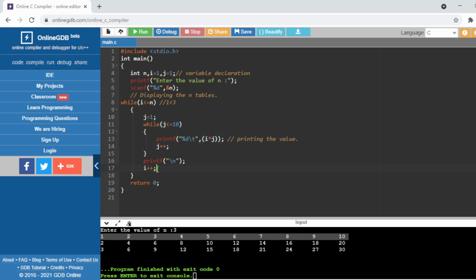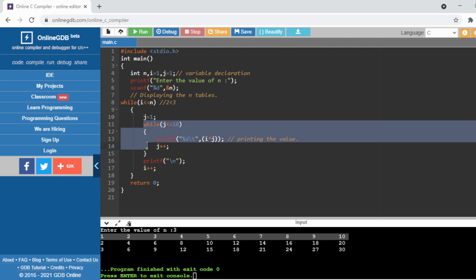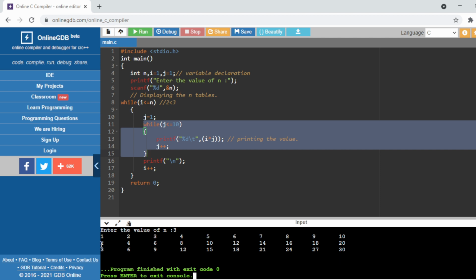After that there is i plus plus, so it means the new value of i equals 2. Again 2 less than 3, so your condition is satisfied again. So for i equals 2, the value of j is initialized to 1 again, right? So that's why this particular piece of code will run 10 times again, right? So for i equals 2, this line will print, and for i equals 3, again this line will print. Basically the same thing, but a different way of writing it, right?